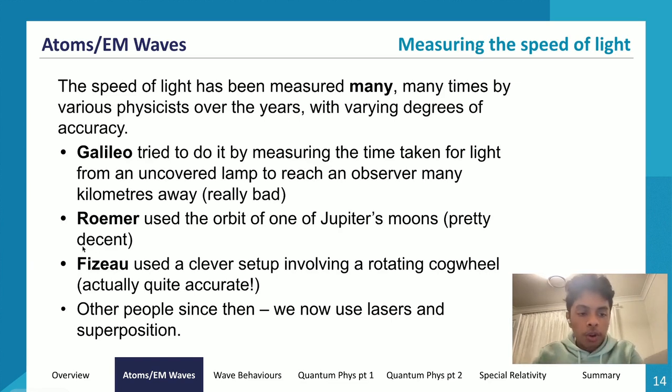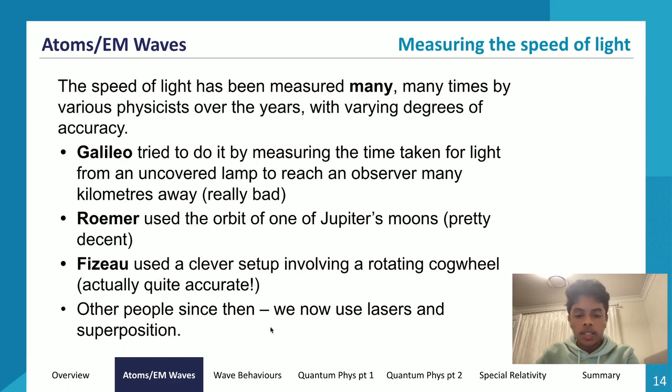And then we also have Foucault, which was an improvement on Fizeau. Instead of using a cogwheel, he used a rotating mirror. So as light would hit a rotating mirror, get reflected upwards, come back down, he would rotate the mirror slightly so that when the light came back down to hit the rotating mirror, it would get reflected at an angle. He would calculate that angle, and he would know all the values, and using that, he'd be able to calculate how fast light would travel. And that's what he did to calculate the speed of light as well.